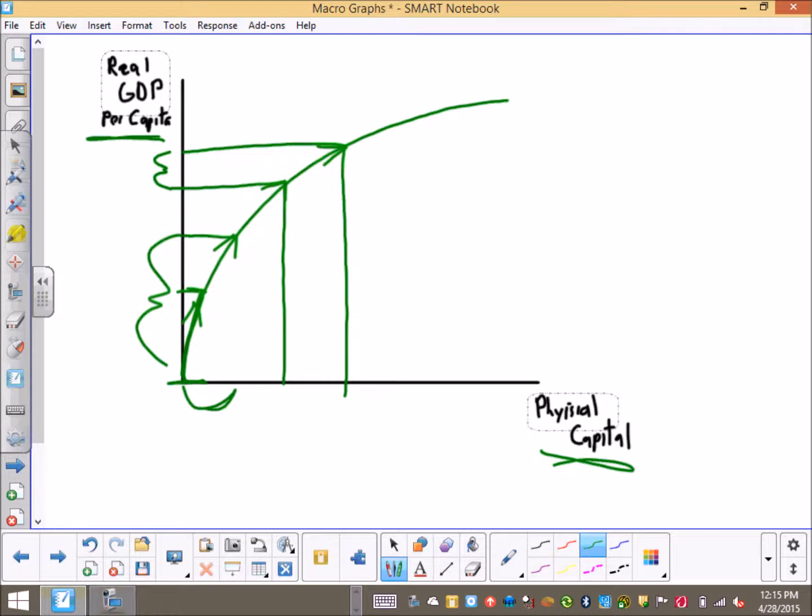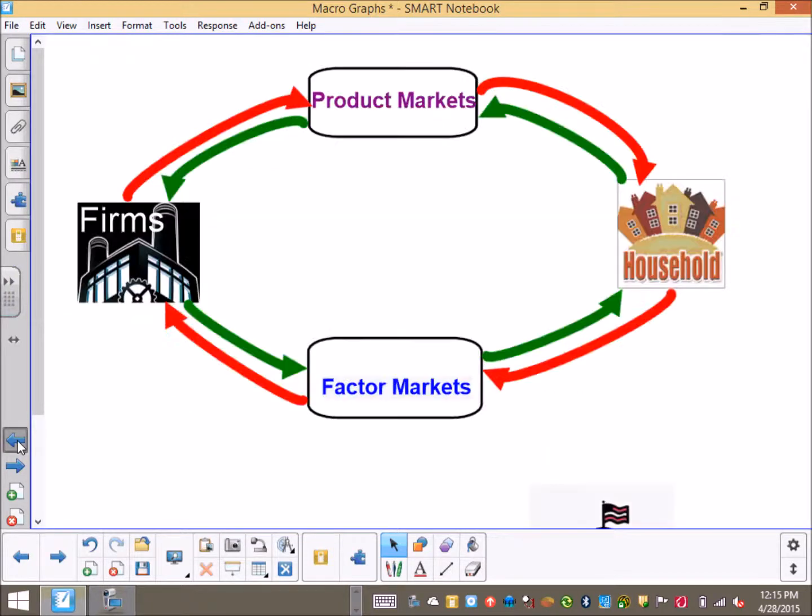And eventually, as I add more capital from here to here, the amount of extra real GDP I get will be, well, little to eventually kind of none. So it means that you can add capital, and can you grow real GDP? Yes, which means one way to move long-run aggregate supply,